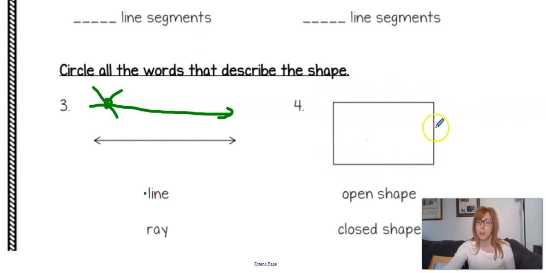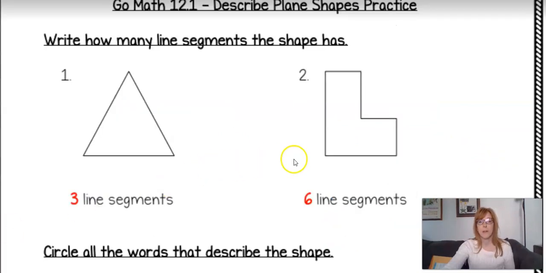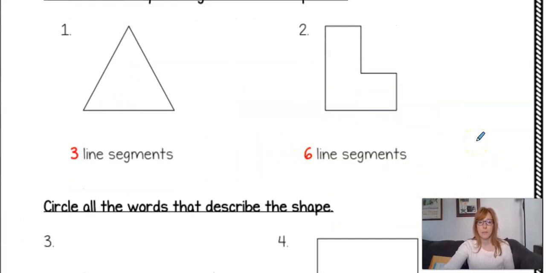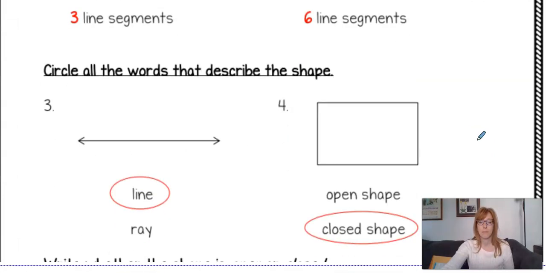And since all sides meet at angles, all of the line segments are closed at the ends, so that would be a closed figure. So here are all the answers if you did not get them. And we're going to move on